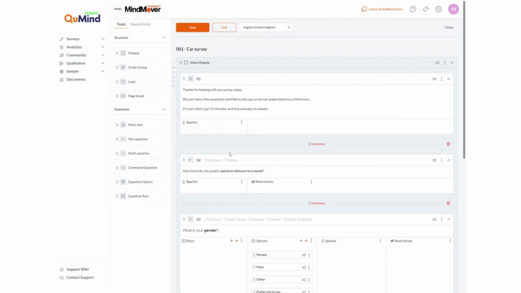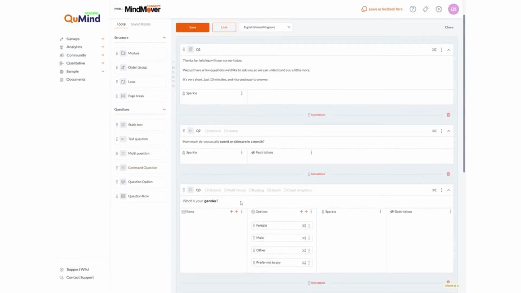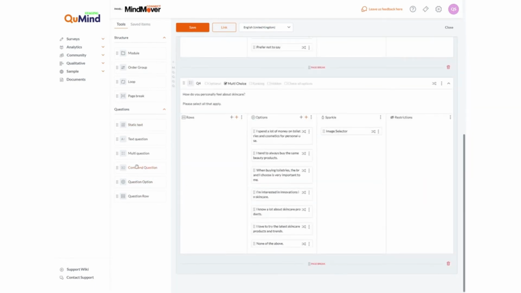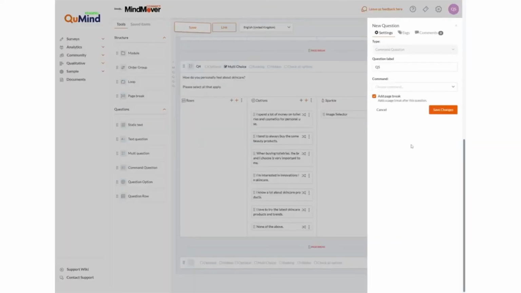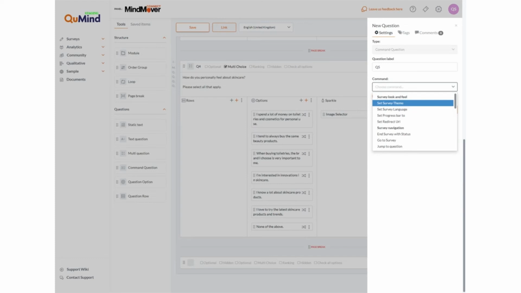Further to this, we have a series of other question types available. These include command questions, which will allow you to make the survey behave in particular ways. You can click, drag and drop, and then this will open up a series of options. Different options are available, and they are many. Examples include making respondents jump to particular questions,